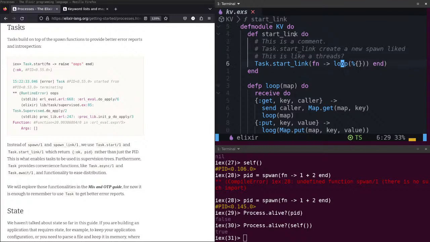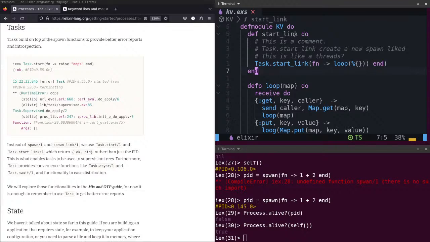Okay, here, start a new thread, a new spawn. Create a new function that will return a loop that takes an empty map.